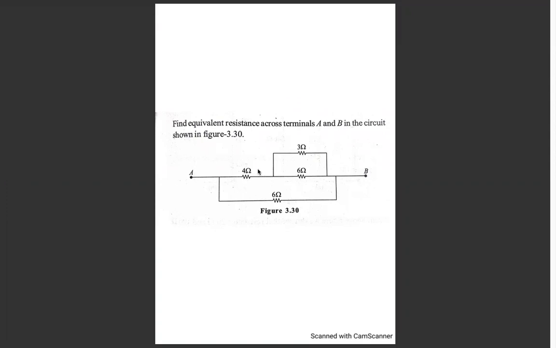The only difference is that here, if the resistances are connected in series, the total is going to be R1 plus R2 plus R3 and so on. In that case, it is exactly the reverse process of capacitors. Anyways, we are required to find the equivalent resistance across the terminals A and B in the circuit.